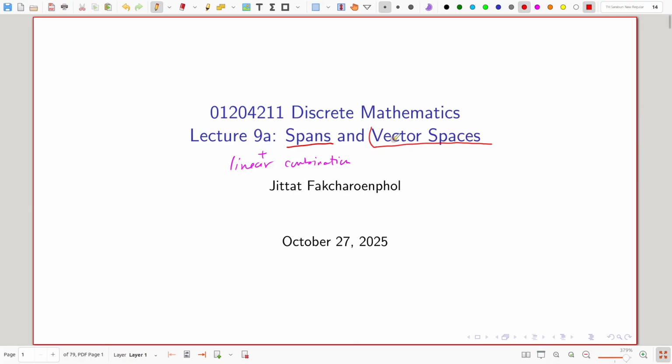Vector space. So what exactly is a vector space? Intuitively, a vector space is a set of vectors that satisfy some closure properties. Basically, it's a set of vectors such that when you do something with it, the results remain within the set. We will see the definition soon. We will start with vector space, then give you a review on span and linear combination, and then we talk about linear independence.